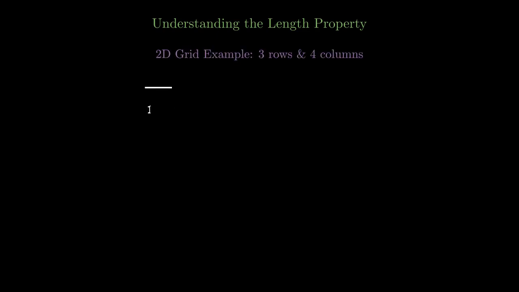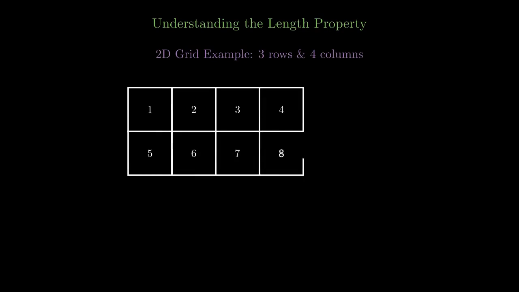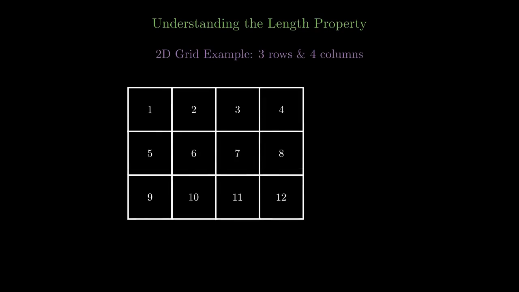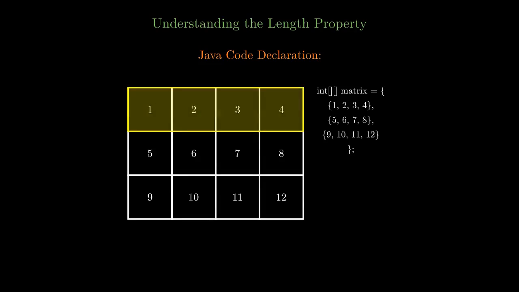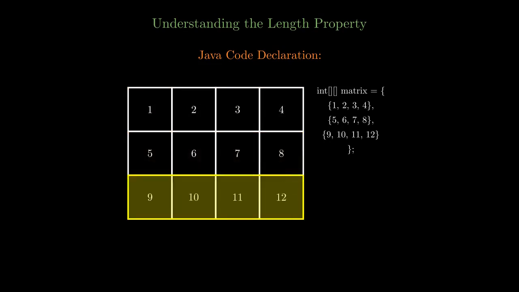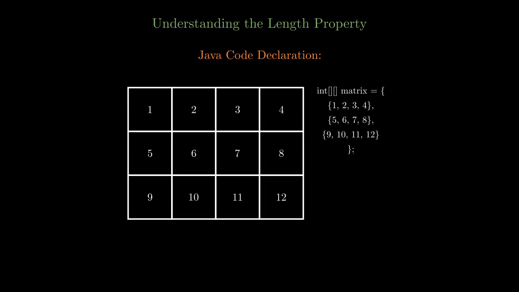Take a look at the 2D grid below. This represents an array with 3 rows and 4 columns. You can think of it as 3 horizontal rows stacked top to bottom, and each row contains 4 numbers going across. In the Java code snippet below, we declare this 2D array. int[][] matrix = {{1, 2, 3, 4}, {5, 6, 7, 8}, {9, 10, 11, 12}};